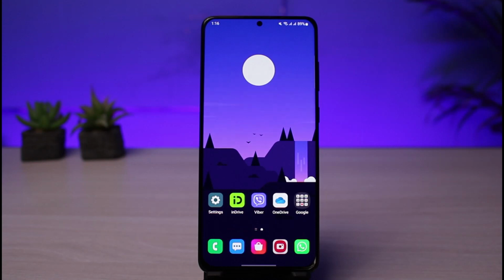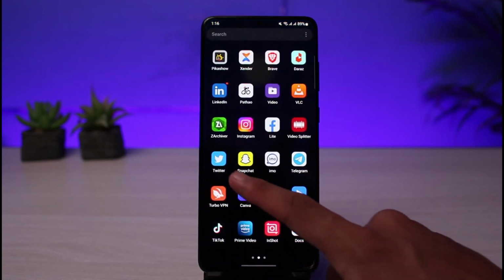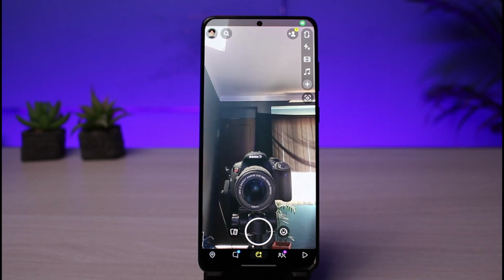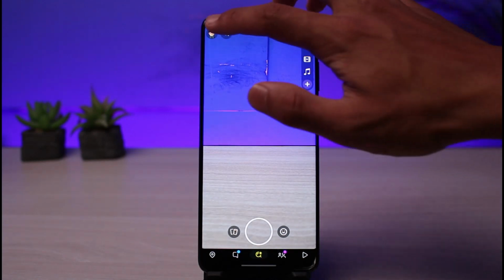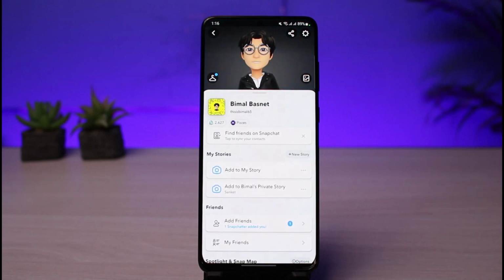So first of all, we will go ahead and launch the Snapchat application on our device. And once we launch the Snapchat application, you can see this is how it is going to look. You have to tap on your Bitmoji profile, which is on the top left corner of the screen. So once you tap on the Bitmoji profile and come to this page, what you can do is